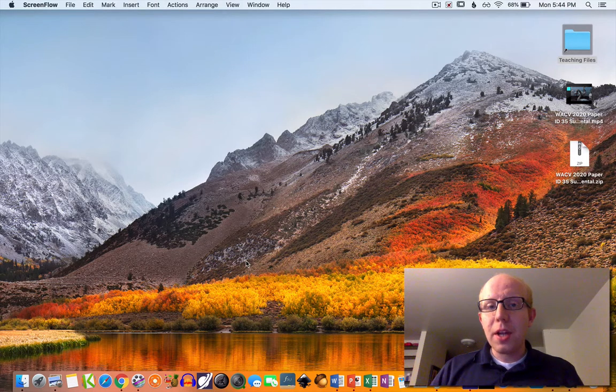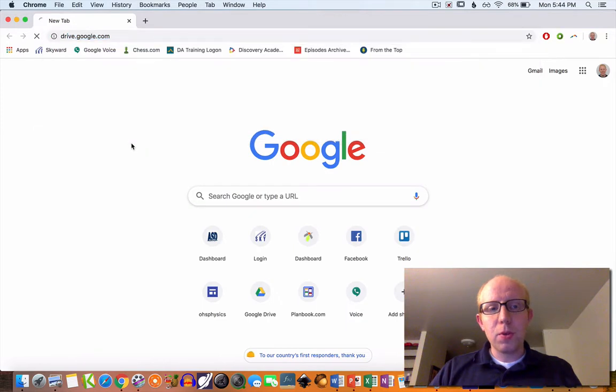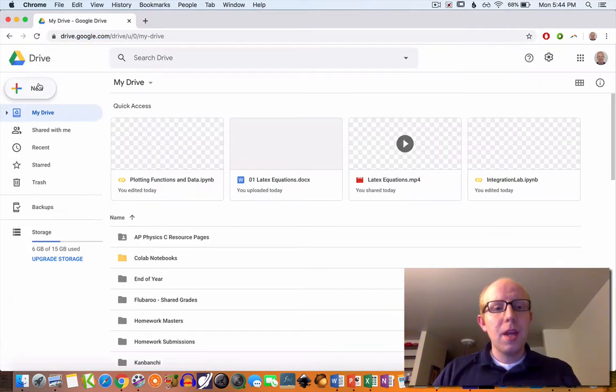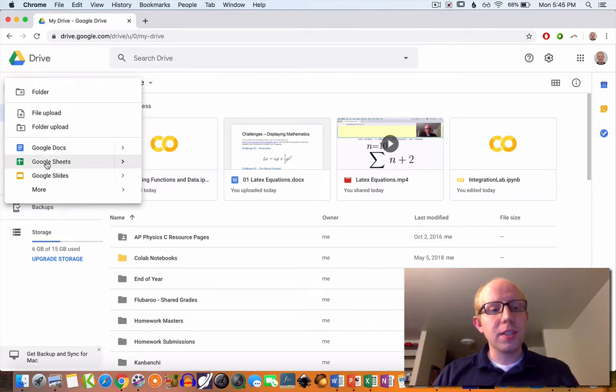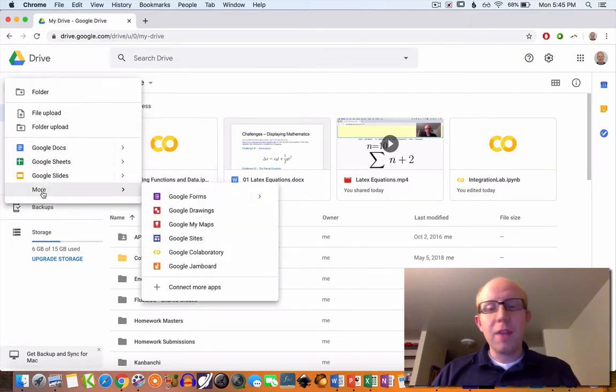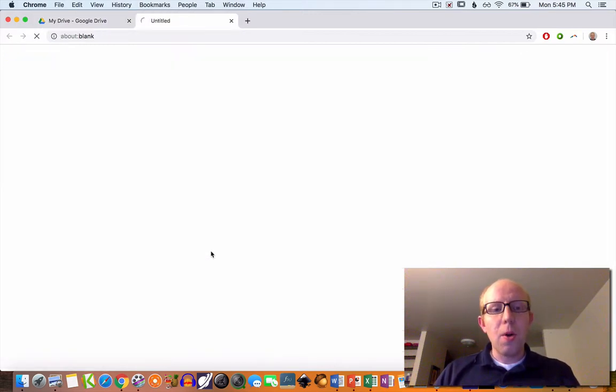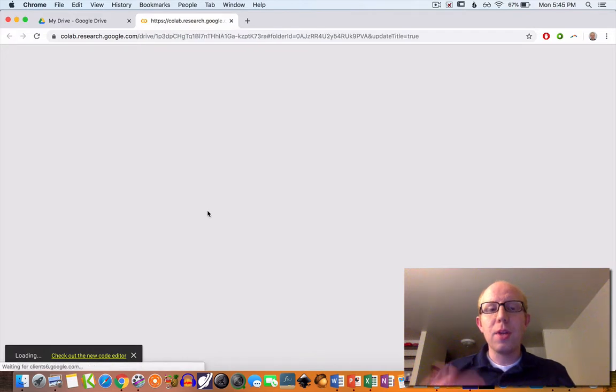And the cool thing about Markdown is it's actually now built into one of the Google Drive files that you can make. So if you just open up your Google Drive and you click on New, you're probably familiar with Google Docs and Google Sheets and Google Slides, but they've actually partnered with a new system so that you can make what's called a Google Collaboratory. Okay, and there's all different reasons you can use this, but as long as you connect the Google Collaboratory app, which you might have to do down here,